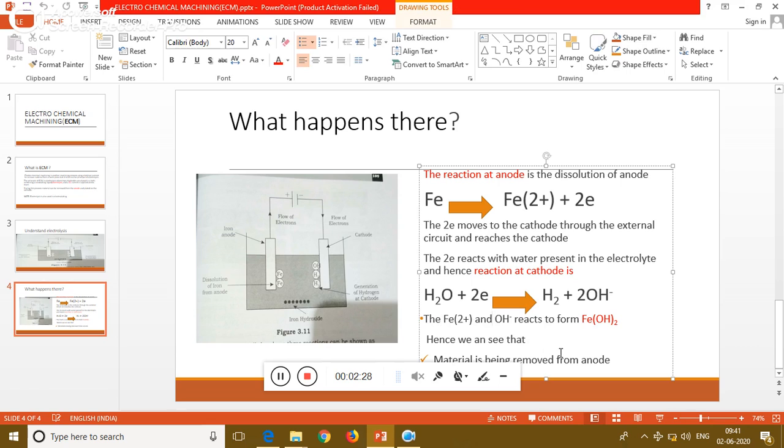And hence, what is the most important thing? What is the most important and valid point that we must take from here is that material is being removed from the anode. See, written here, material is being removed from the anode. So this is what we want. We want to remove material, and there must be no physical contact between tool and the workpiece. So we found that this is an apt method, and we can use this method to remove the material. So once again, at the anode we have Fe giving Fe2+ and 2 electrons, and at the cathode